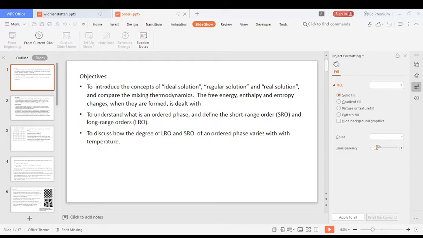Now let us come to what is known as regular solution. The ideal solution behavior with a delta H mixing of zero is very rarely found in practice, and the enthalpy of mixing is either endothermic or exothermic. This is because heat is absorbed or released when components are dissolved to make the solution. A regular solution is one where delta H, that is the enthalpy change on mixing, is not equal to 0.